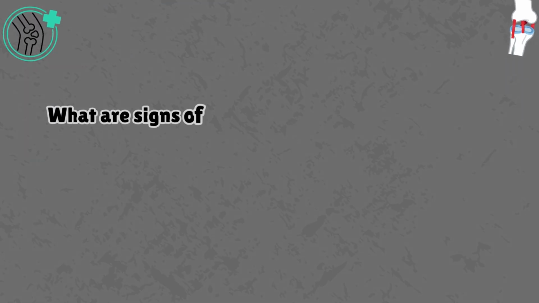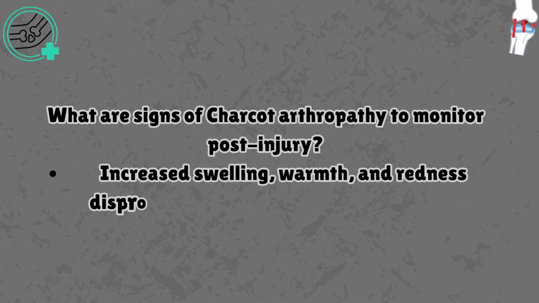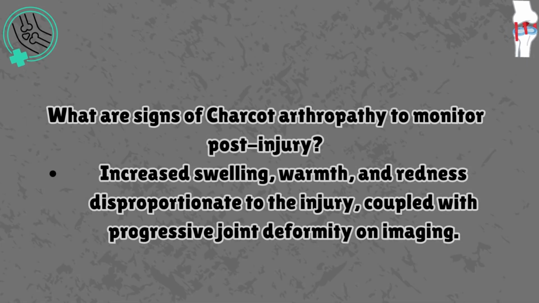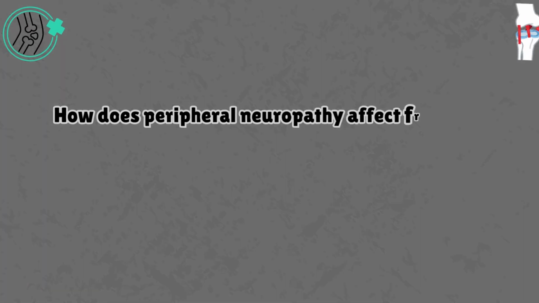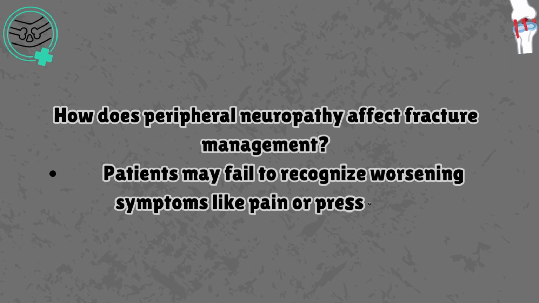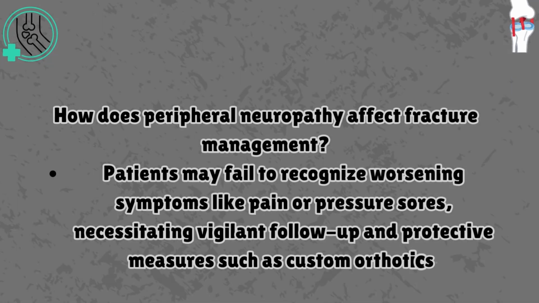What are signs of Charcot arthropathy to monitor post-injury? Increased swelling, warmth, and redness disproportionate to the injury, coupled with progressive joint deformity on imaging. How does peripheral neuropathy affect fracture management? Patients may fail to recognize worsening symptoms like pain or pressure sores, necessitating vigilant follow-up and protective measures such as